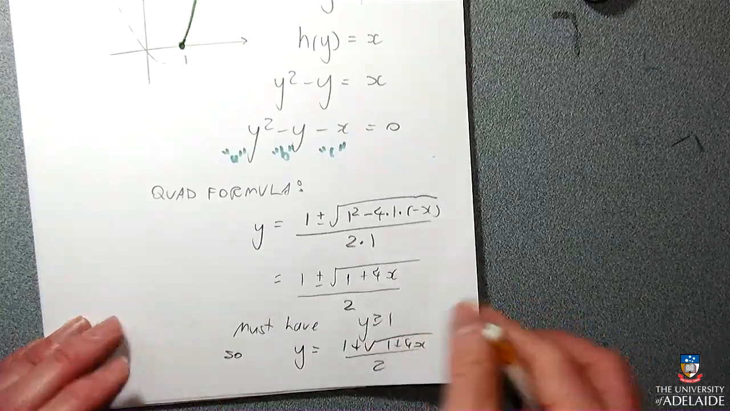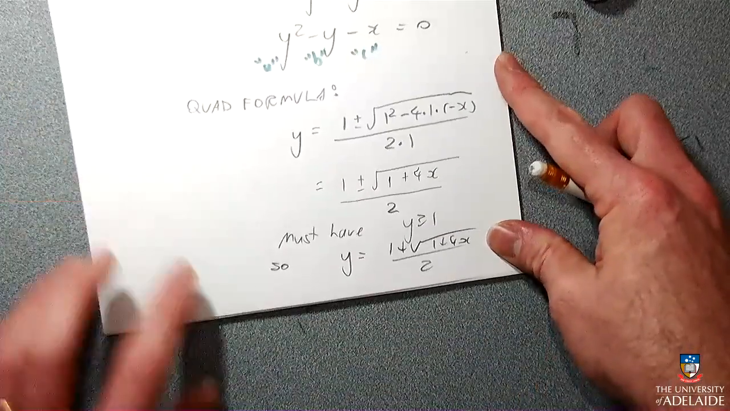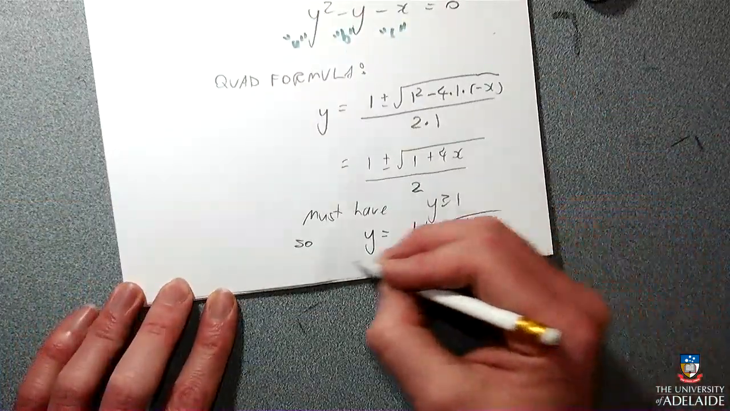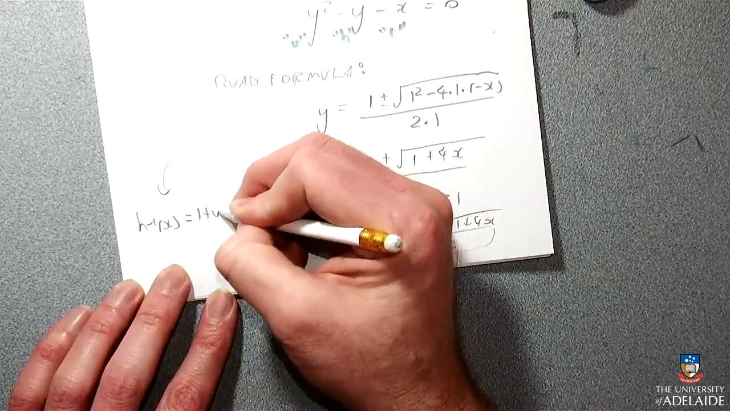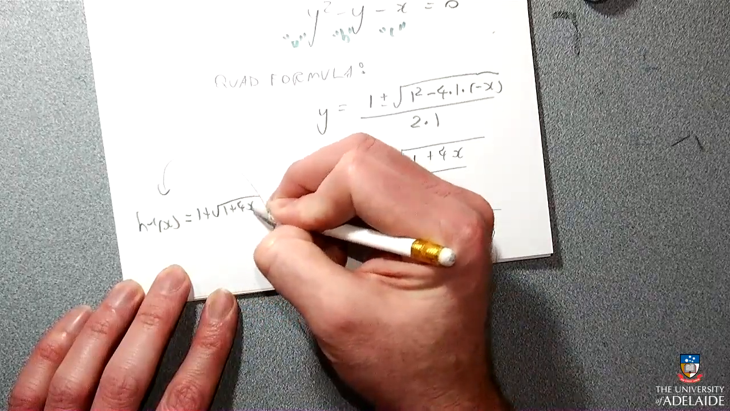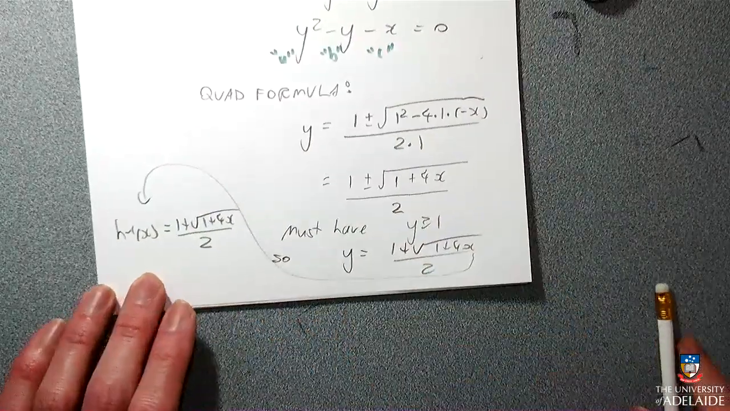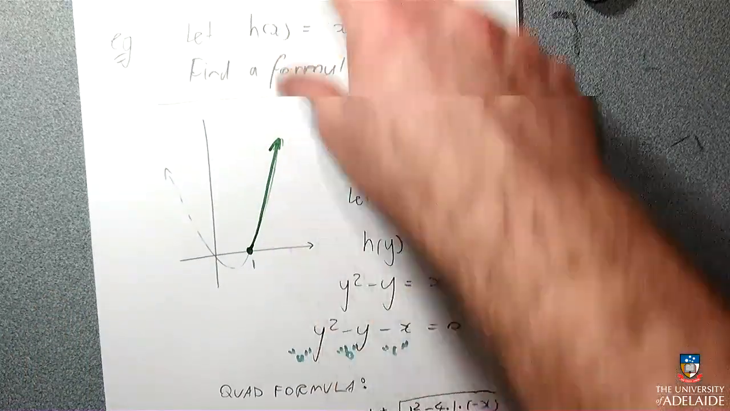And I really would have liked to have fit all of that on one page, but I'm very bad at that. And so h inverse x is 1 plus square root of 1 plus 4x over 2. Let's just check if it's working correctly. When I put in 0 here for x,